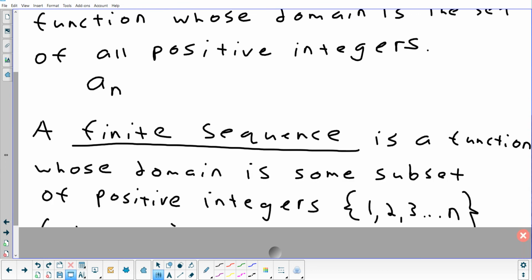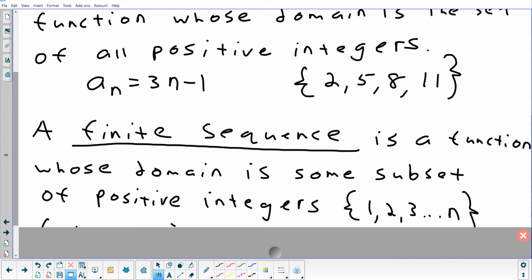So let's say I wrote this down, and I said, here's my sequence of numbers. So, what was the first one here? I think it was 2. Then we had 5, then we had 8, let's do 11. That's a finite sequence. It's a sequence of exactly 4 numbers, 2, 5, 8, 11. So if I asked you, using this formula, to describe this sequence, what numbers are you allowed to plug in for n in this formula if it only applies to that sequence?